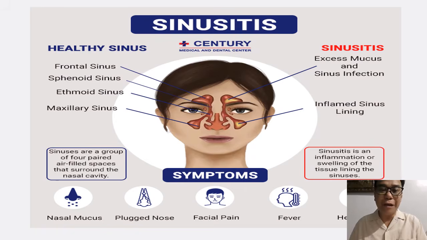Another thing that we can do is to irrigate the sinuses. Well, actually, when we talk about irrigation of sinuses, usually what we can only irrigate is the maxillary sinus, okay? So you just need to have a syringe, put a warm normal saline solution there, and you need to flush the nose using the syringe. Of course, take off the needle. Just use the barrel of the syringe, put an amount of warm normal saline solution, and you can irrigate the maxillary sinus. Okay.